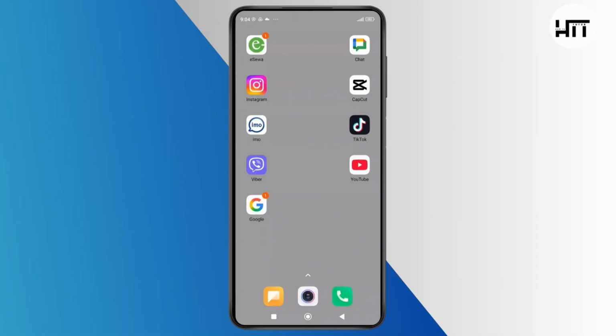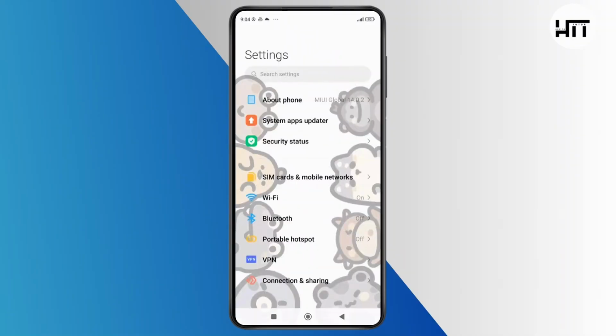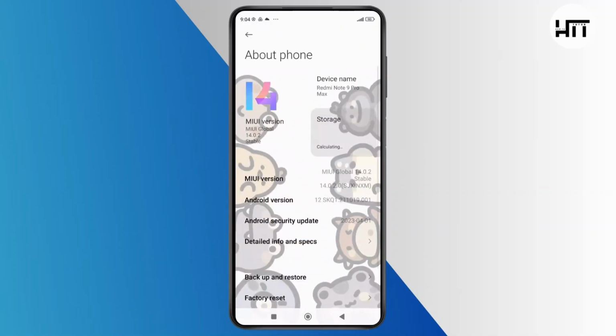So first thing first, open up the settings app, and once you have opened it, simply tap on the option labeled as About Phone. And here in this section, you need to simply look for the phone build number. In my phone, you can also see the MIUI version, which is my build number. So here, just tap on MIUI version for 7 times until you see a pop-up that says you are now